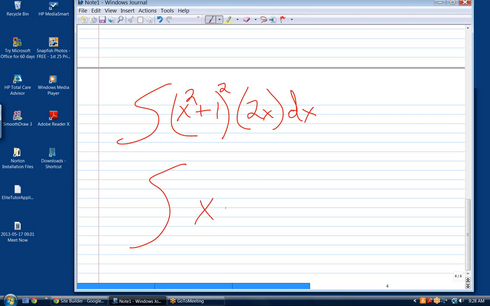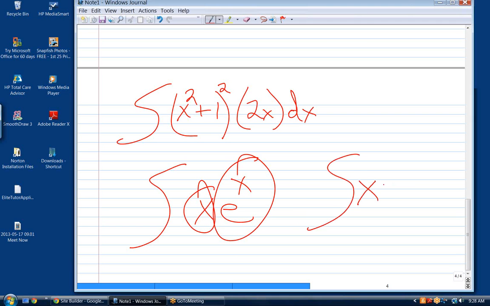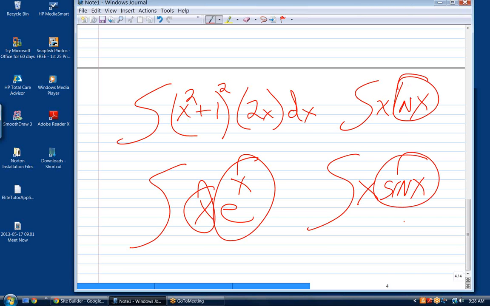Something like x e to the x, here's your polynomial, here's your transcendental function, or x sine x, a combination of a polynomial and a trig, or x natural log of x. These are all transcendental functions, so when you combine a polynomial with a transcendental, there's no way I'm going to be able to use substitution